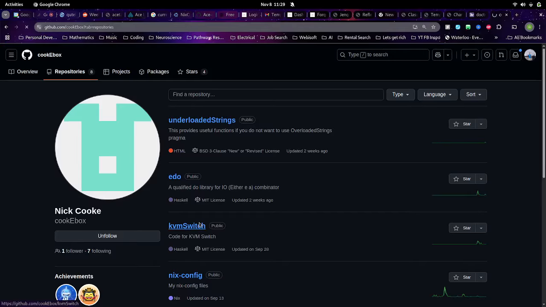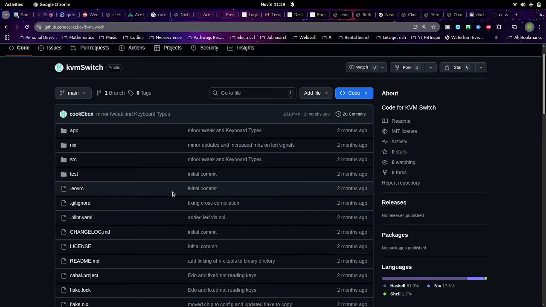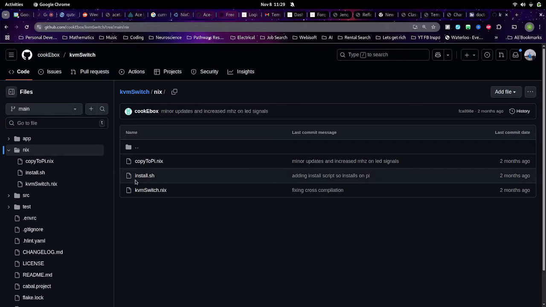If you go to KVM Switch, you can see this has a Nix folder, and I've got lots of other things inside the Nix folder as well. But that's largely just for fixing cross compilation. So you copy to PyNix. These are just things that you can then import like modules. But if you go to the actual Nix file,